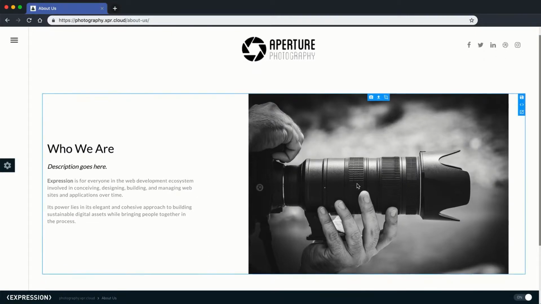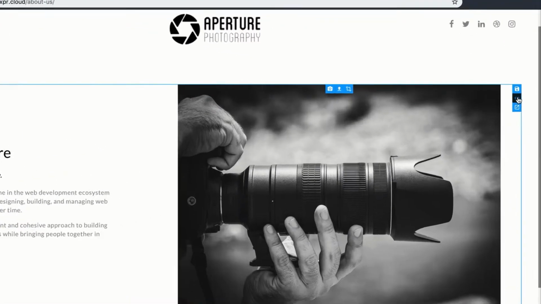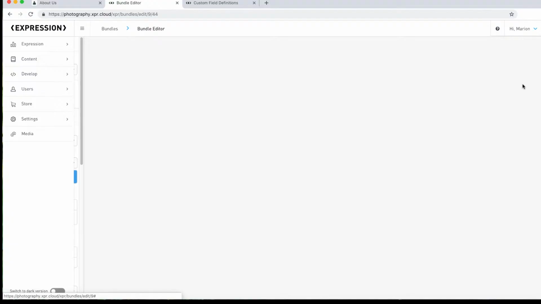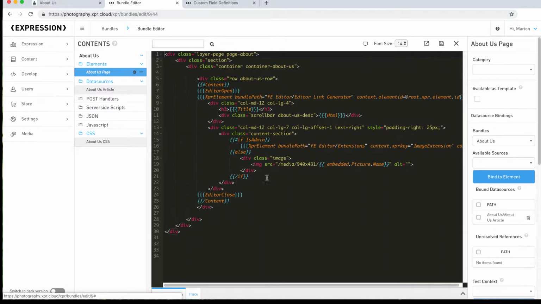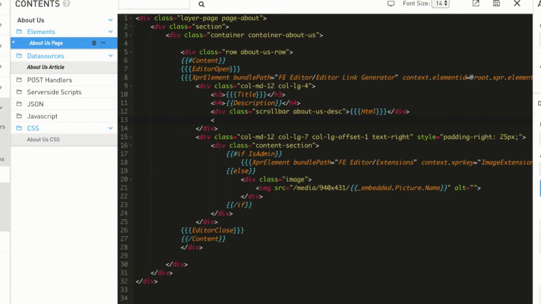To do so, we need to edit the code in the element and get our custom field to display in the front end. To do this from the front end editor, simply click on the Edit Code icon and it will take us right to the appropriate bundle and straight to the right markup. In our case, we need to edit a bundle named About Us. Let's modify the About Us page element and add a path for the new custom field, which is in this case